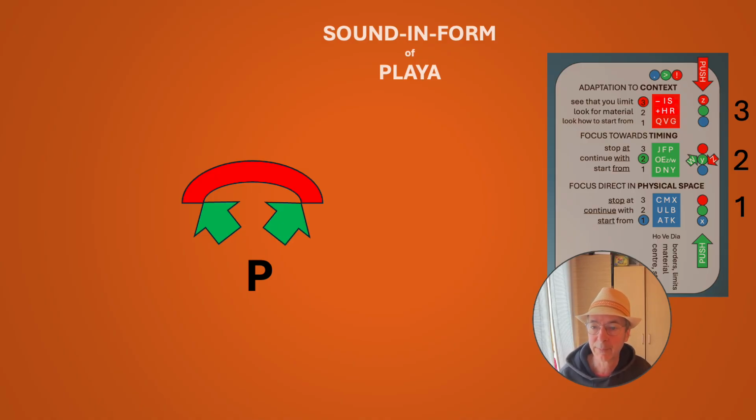So the P, I'll put it into a form, but this is of course the end result of it. So the P in my system is about direction. It's a direction at the end, somewhere at the end. So it is far away at a border somewhere, and it creates also that kind of border. It is pushing out all the results in that direction. So that's basically the kind of focus that P expresses.